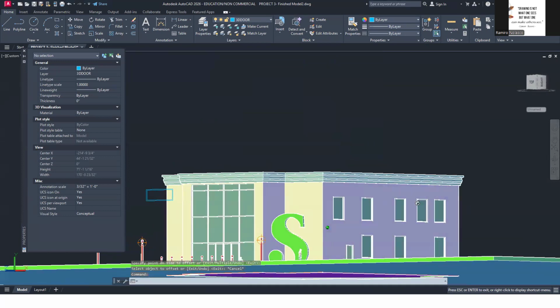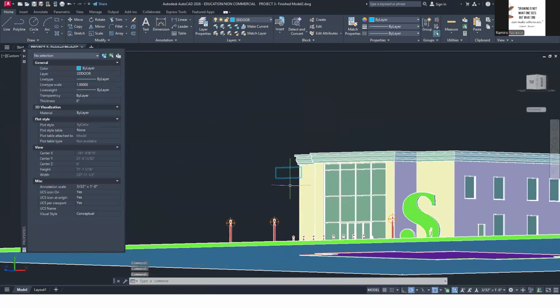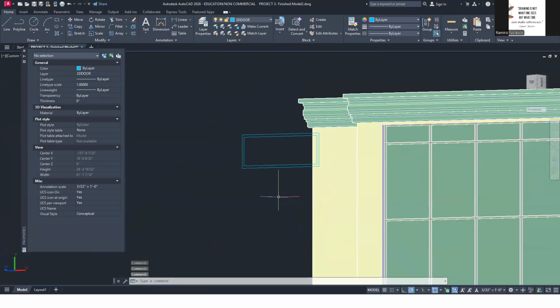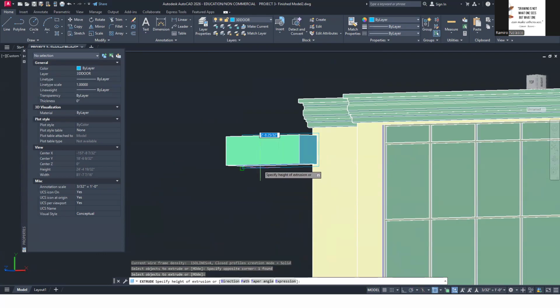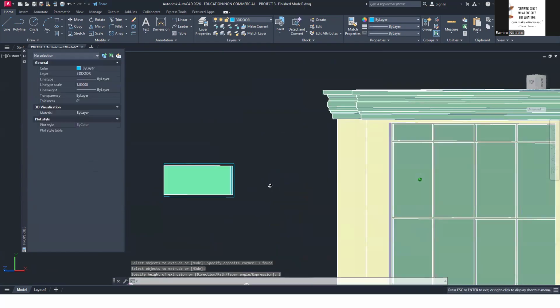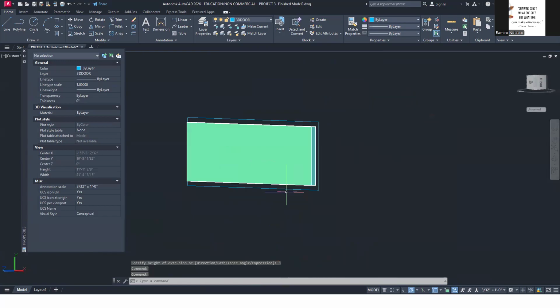So from here, you can make an extrusion. So extrude, let's say this one here, let's say by how much? Let's just say maybe 3 inches as well. Okay. So that's where my logo will be at.